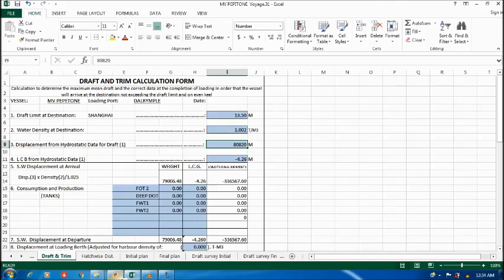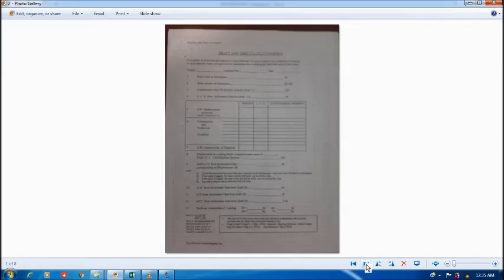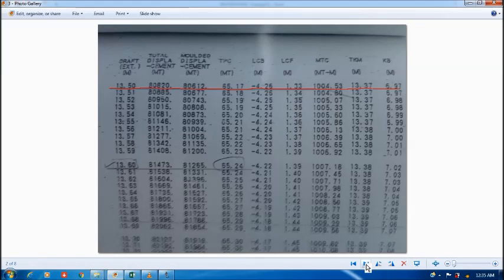Just go to the hydrostatic table of the vessel. In this problem, we're going to extract values from the hydrostatic table of MB Pepetone. Proceed to the hydrostatic table and look for the draft limit at 13.5 meters, and I can show you here with a red line. We have a displacement of